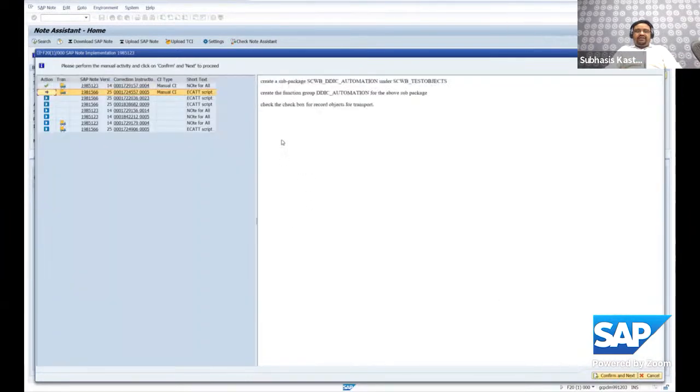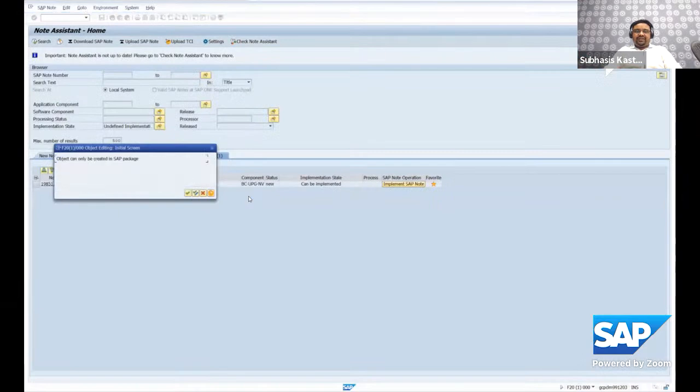And if I go ahead, then it shows also the next manual CI. And a manual CI has to be, of course, performed by the user, which means that whatever instruction is provided, they would have to follow it. And once that is followed, they have to click on the confirm and next button to go to the next correction instruction in the queue. So if that is done, now it leads me to the next correction instruction,